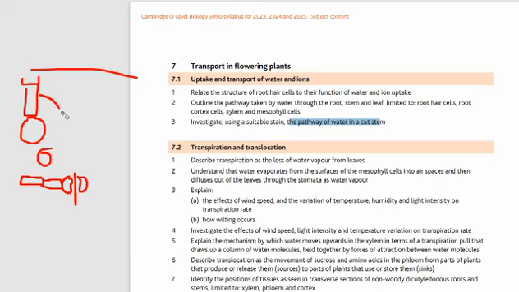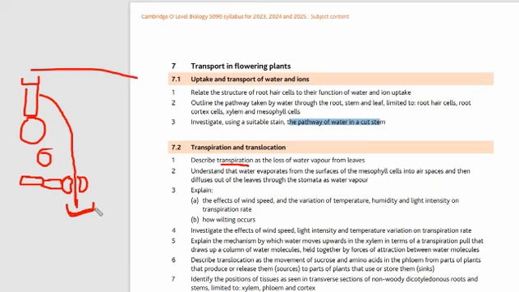So the leaf will lose this water through the stomata, and this process is called transpiration. जो पानी पत्तों से निकल रहा है, when the roots absorb water and the water reaches the other organs of the plant, some of the water is used up for the process of photosynthesis. कुछ water जो है वो इस्तेमाल हो जाएगा photosynthesis के process में. Otherwise the excessive water will be lost through an organ of the plant, and that is called the stomata.